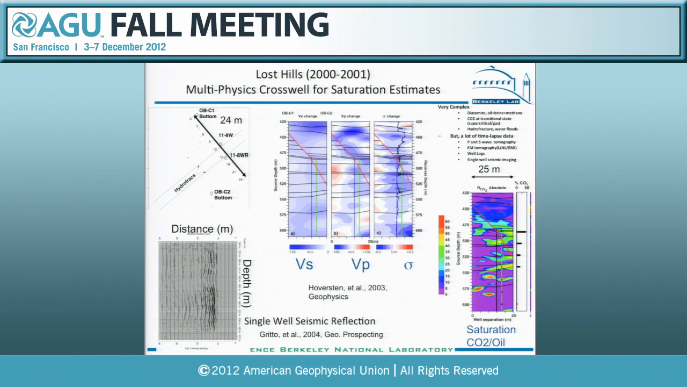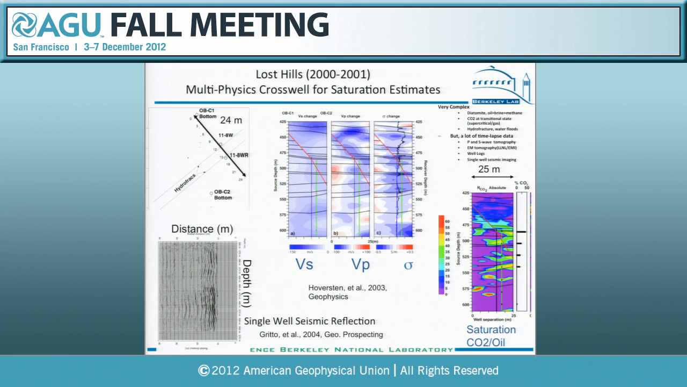A Lost Hills pilot project that I was involved with around the year 2000 brought into play the idea of multi-physics. So we now have not just seismic imaging, but electrical. We also had two components of seismic imaging, the shear wave velocity VS, the P wave velocity VP, and the electrical conductivity sigma, all of which were imaged with crosswell tools in a fairly small scale